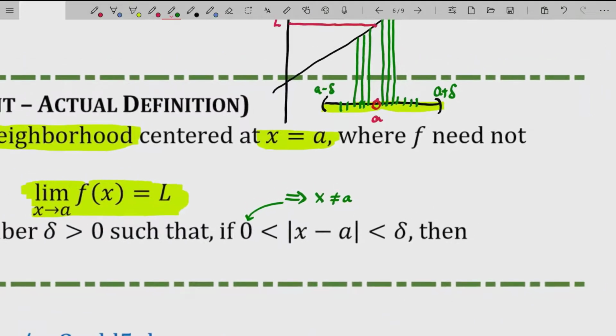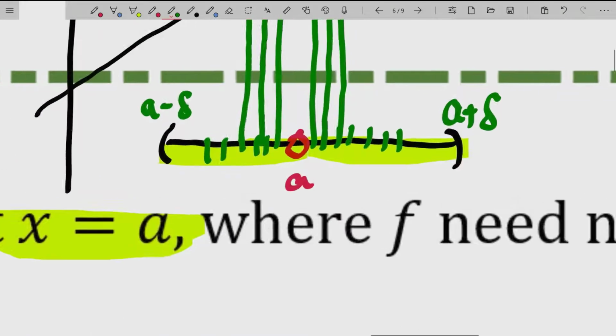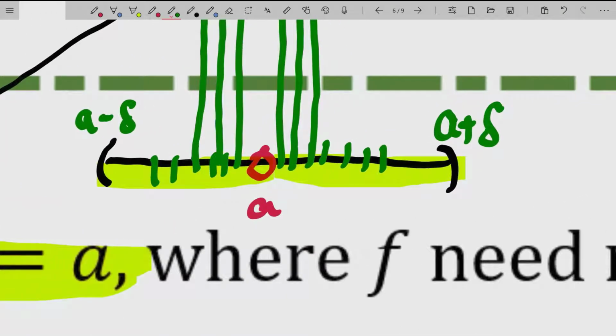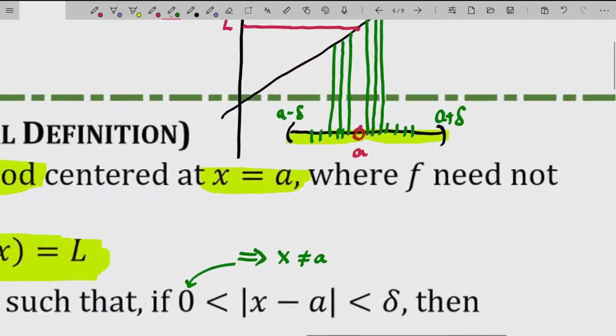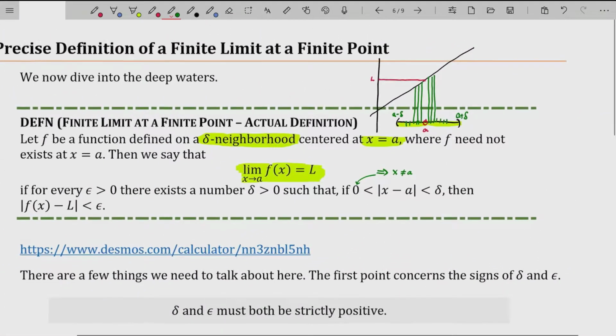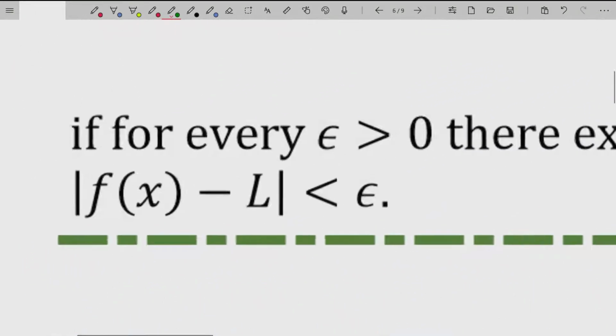So we have x values really close to a, but not at a, which means we have x's within that highlighted neighborhood, except for at the center, which my highlighter kind of went over. Sorry about that. And we're saying as long as x's are in that neighborhood, then their function values are really